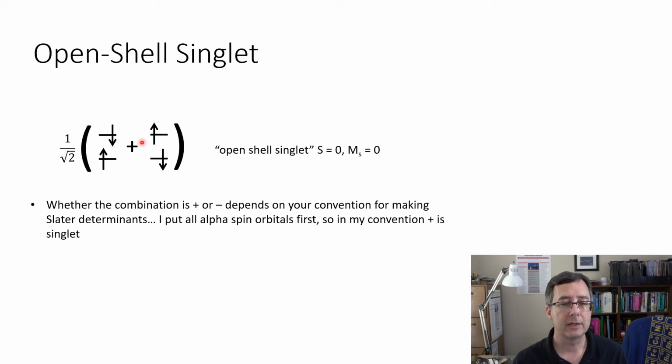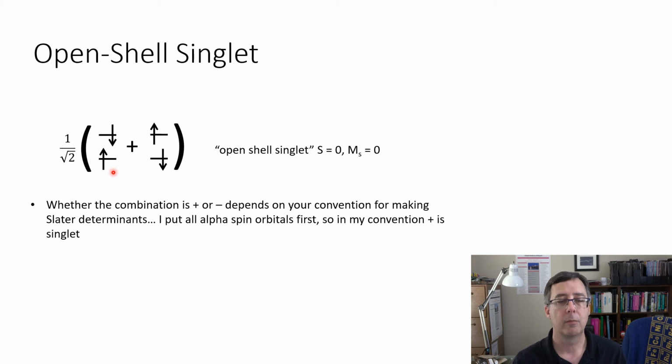Now, you might see in some textbooks they might put a minus sign, and that might also be correct. How can they both be correct? It depends on exactly how you interpret these diagrams. When I draw these, I usually count